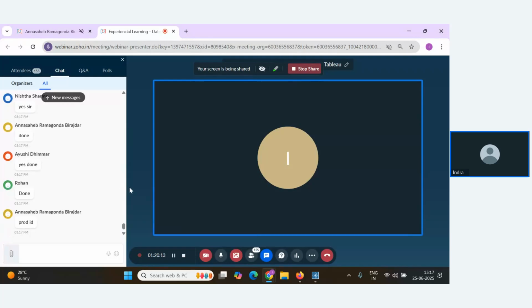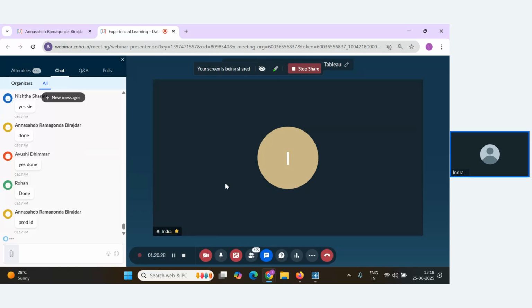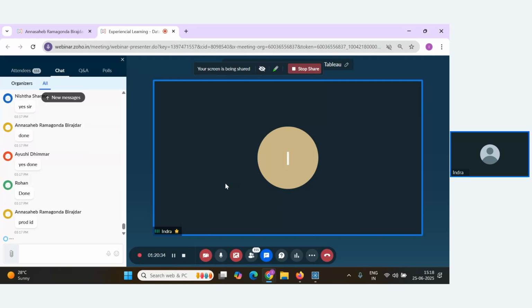Product ID, you're saying, okay. What about others? Can you think? We performed the join operation between the two tables, and still we are getting a very small result.